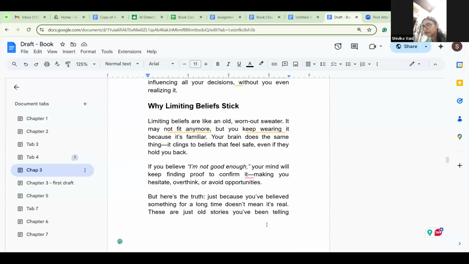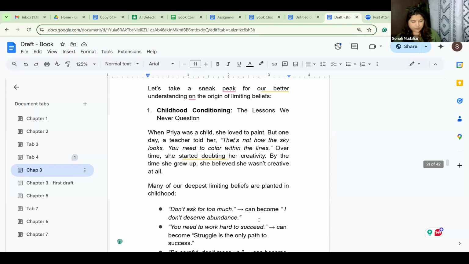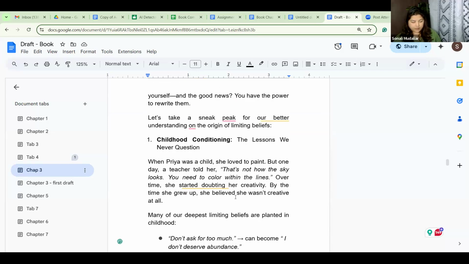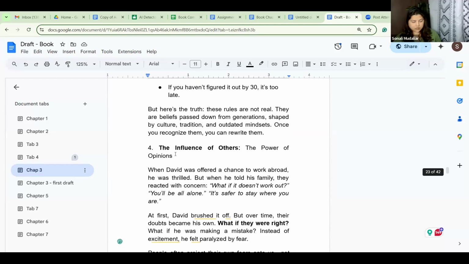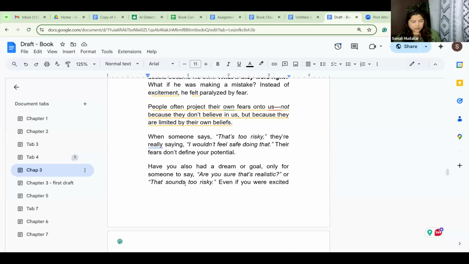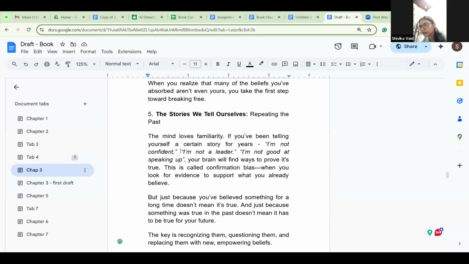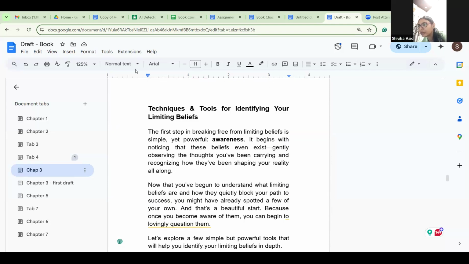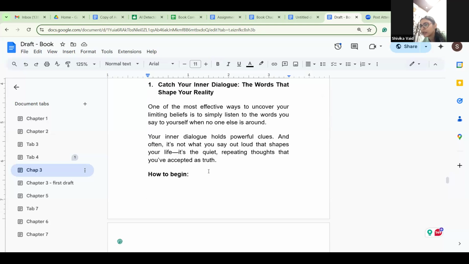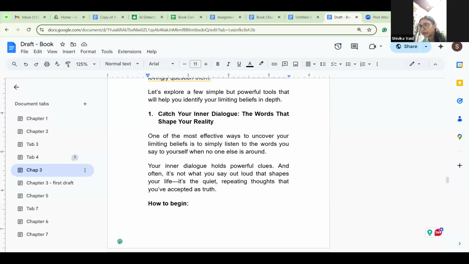Belief. Okay, scroll down. I'm just trying to find something, but okay, go down. Childhood conditioning, okay. Then these are past experiences, experiences in society and culture, influence of others. These are the four things. Stories we tell ourselves. Okay. The whole above thing I'm trying to shorten it, and the main thing is this: techniques and tools for identifying your limiting beliefs. That I want people to